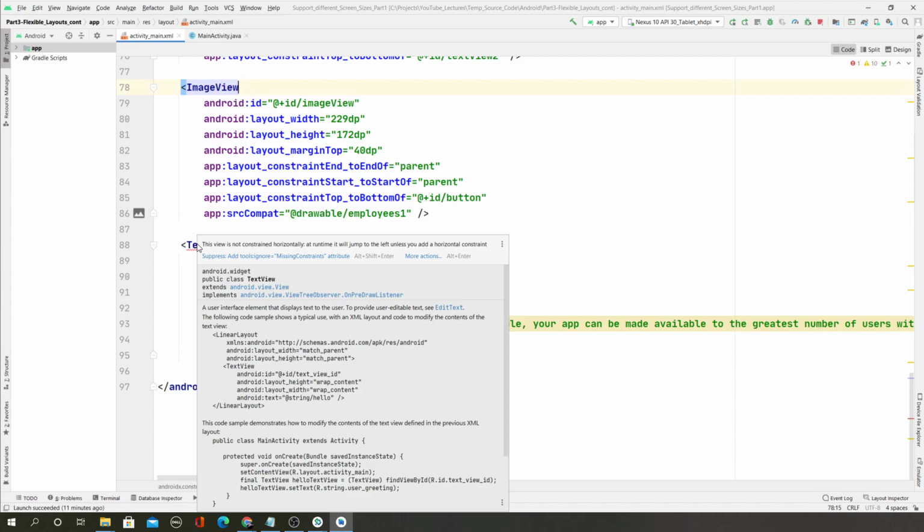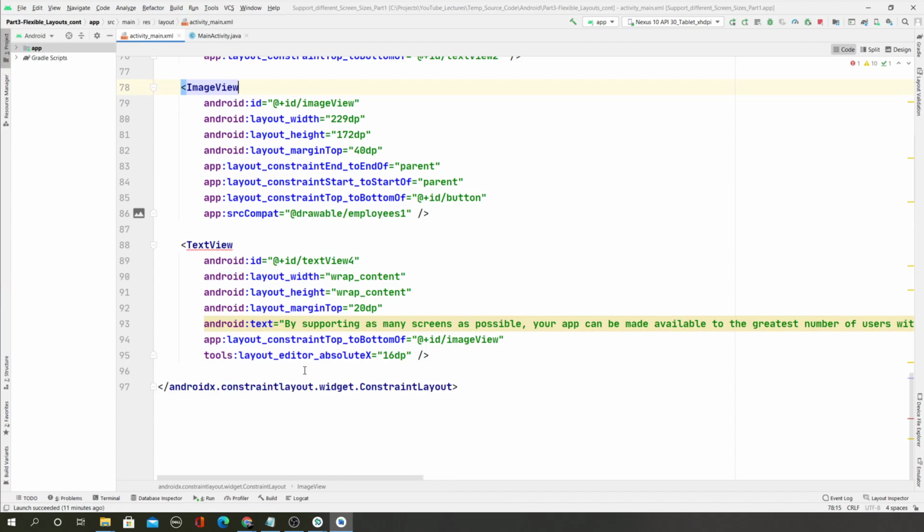So keep in mind, in constraint layout, you have to give at least one vertical constraint towards upwards and at least one horizontal constraint, that is, let's say, towards the left. If not, you are getting this error. And what happens is, if you don't give the horizontal constraint, your component will come towards the left hand side of the screen when you run, right?